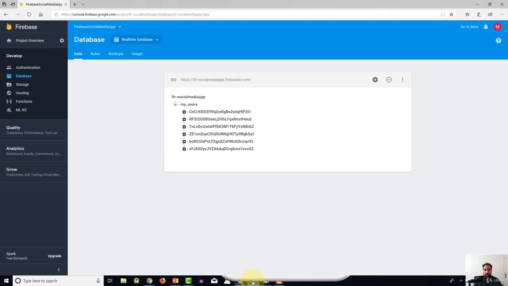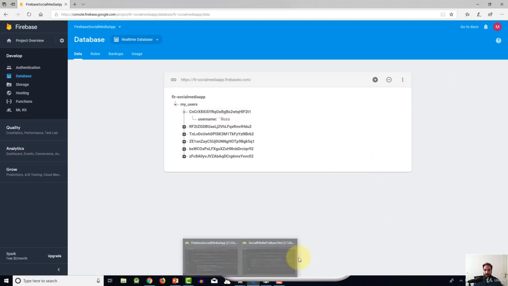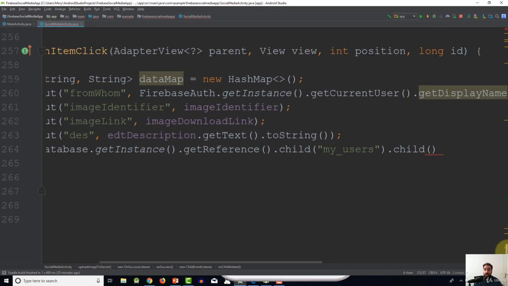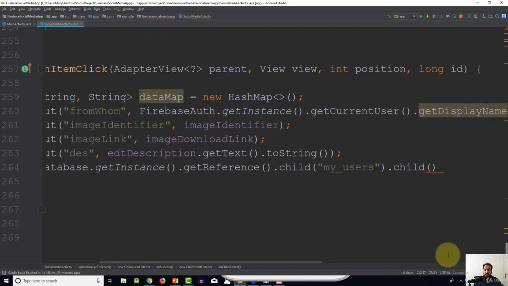Okay, which key? This key that we have specified for each user that we get from the authentication actually, right? Each user that is going to be created is going to have a unique identifier. So this is how we can access that value. So you can see that here. And then that's why we can go down here inside the onClick method, and then we can just send this